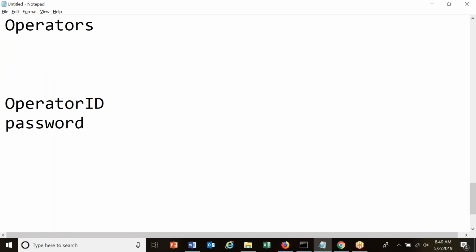Either you are a developer, or you are a manager, or you are a user, or you are an administrator. Ultimately, you are an operator, a user of the application. All the users of applications are called operators. Every operator has an operator ID and an operator password. By using this operator ID and operator password credential,